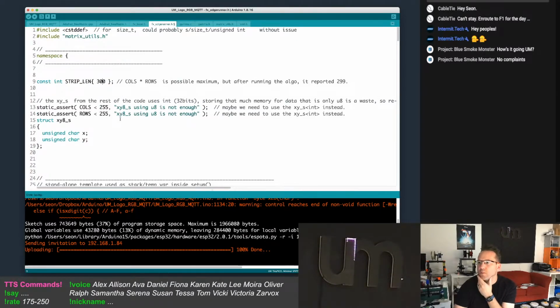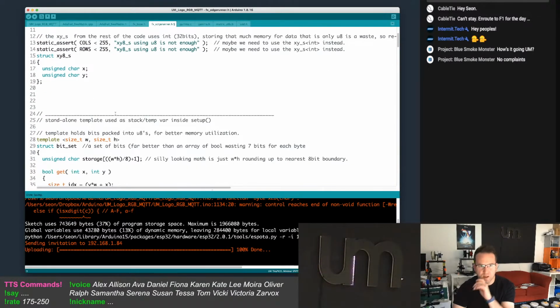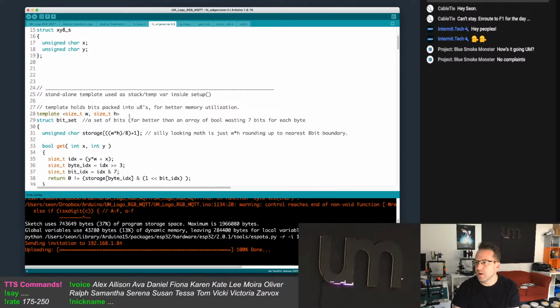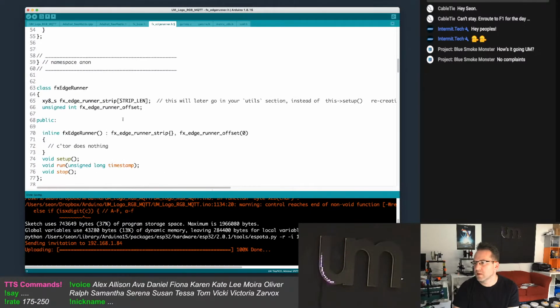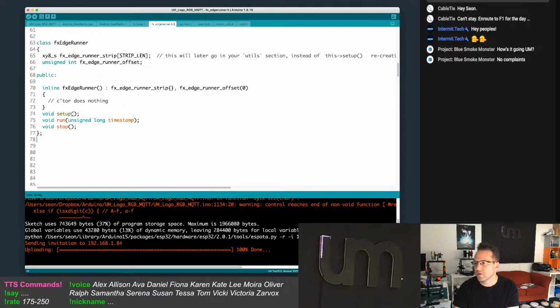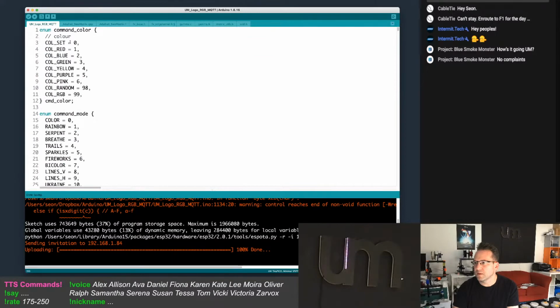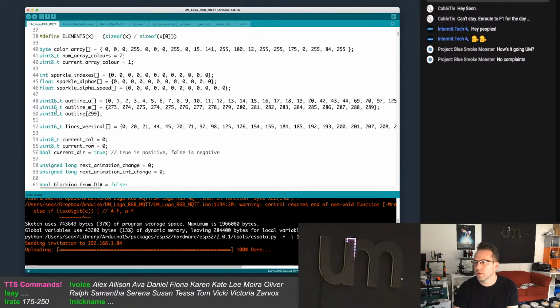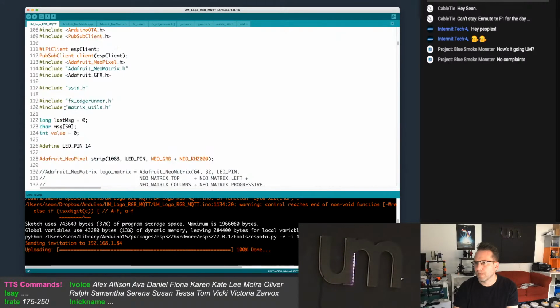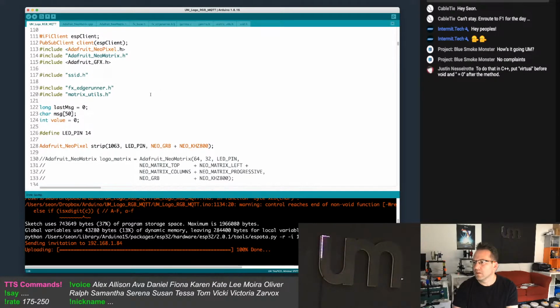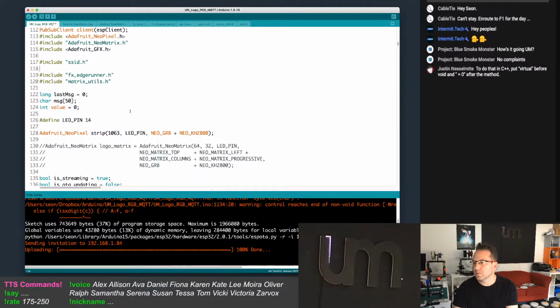Anyway, there's a few things I want to try today. The first one, I need to actually change how this works. I'm going to need to have a reference to the Adafruit library. To NeoPixel.